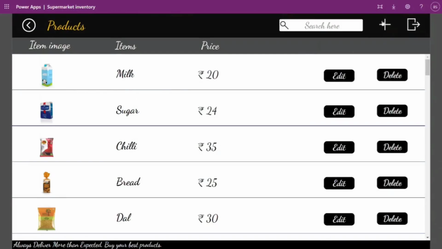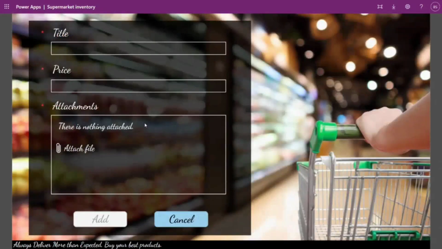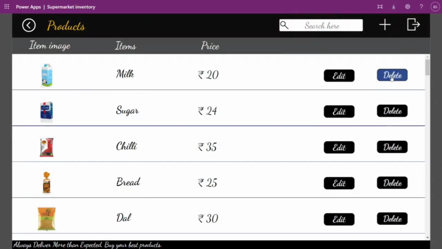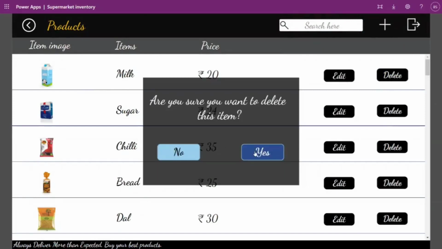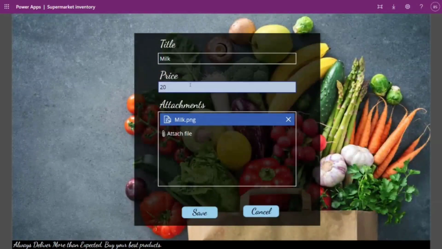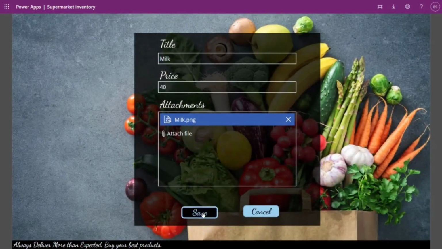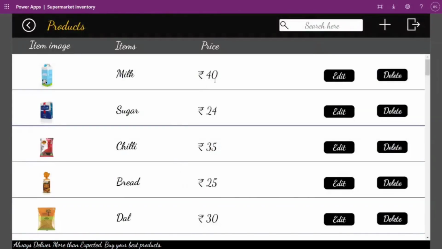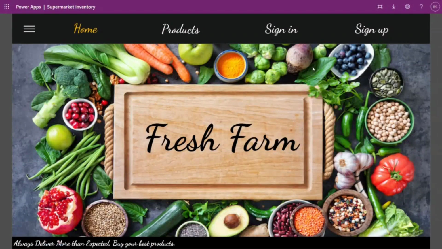Here the admin can add new inventory. He can delete the existing product and he can also edit. If I want to edit something, it will update it. That's all about my project.